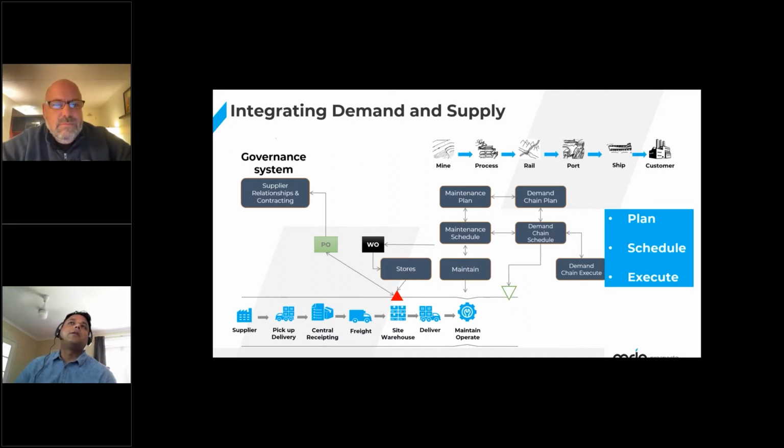So that being the demand side, our operation side felt that traditionally you would have a supply system feeding into that demand system. For us, for the demand system, the end customer is the customer of the steel mills, but for the supply system, the end customer is mainly the assets, or the maintainer. Traditionally, this graphic speaks to how the demand and the supply system speak to each other. Traditionally, you would see they would speak to each other only in the execution phase,